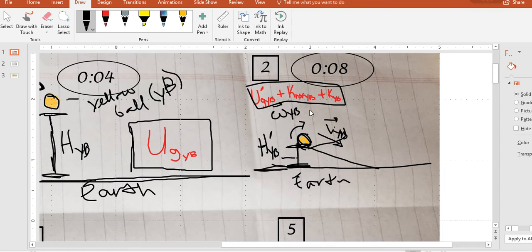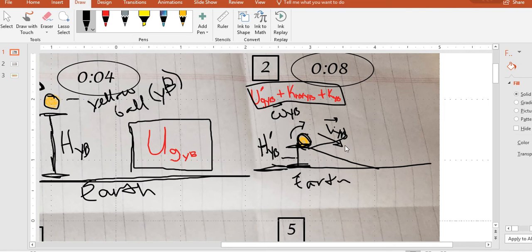so what I have is a new potential gravity due to the height of the yellow ball and the Earth, which causes the gravitational field. So we've already written one potential energy due to gravity of the yellow ball, and this one, since it's the next one, I'll just put prime. So it means after. Plus, it's rotating. We have the angular velocity here, so we have K rot, rotational kinetic energy of the yellow ball,